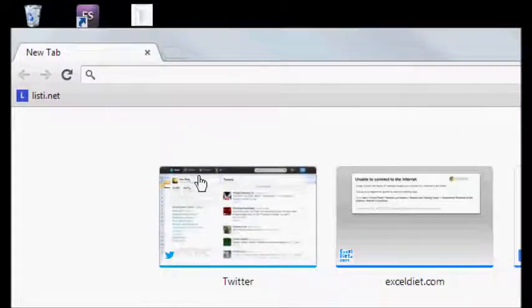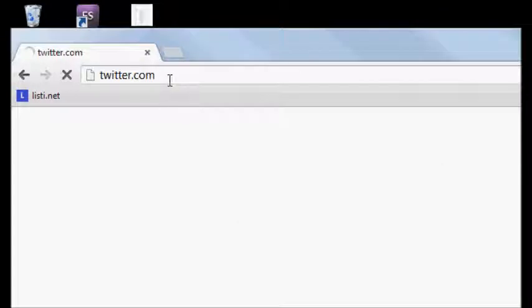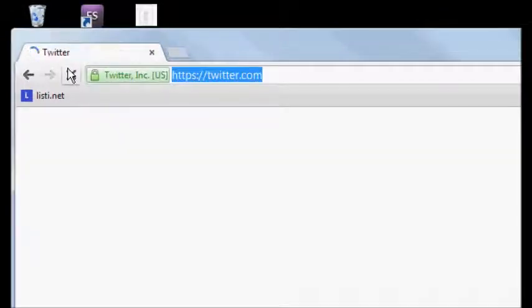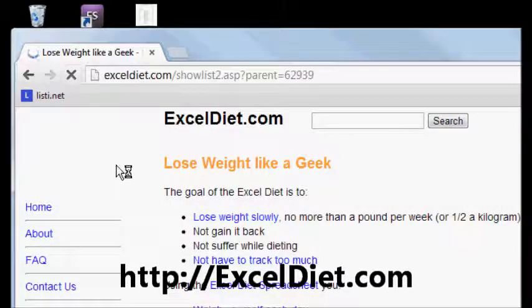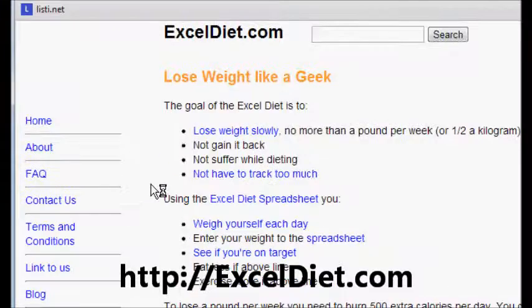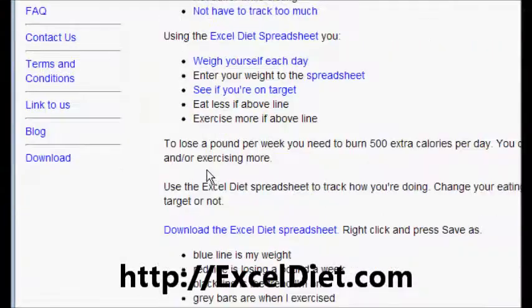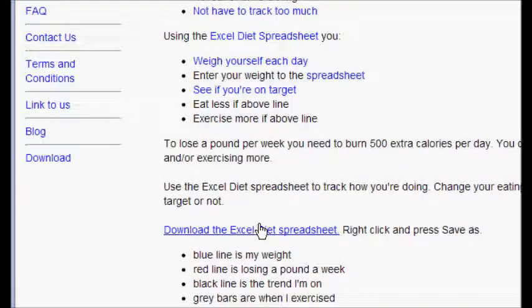To use exceldiet.com, you first want to download it. So you're going to want to go to exceldiet.com, and up comes the website, and you're going to need to download the Excel spreadsheet. So you can hover over here and right click the link,